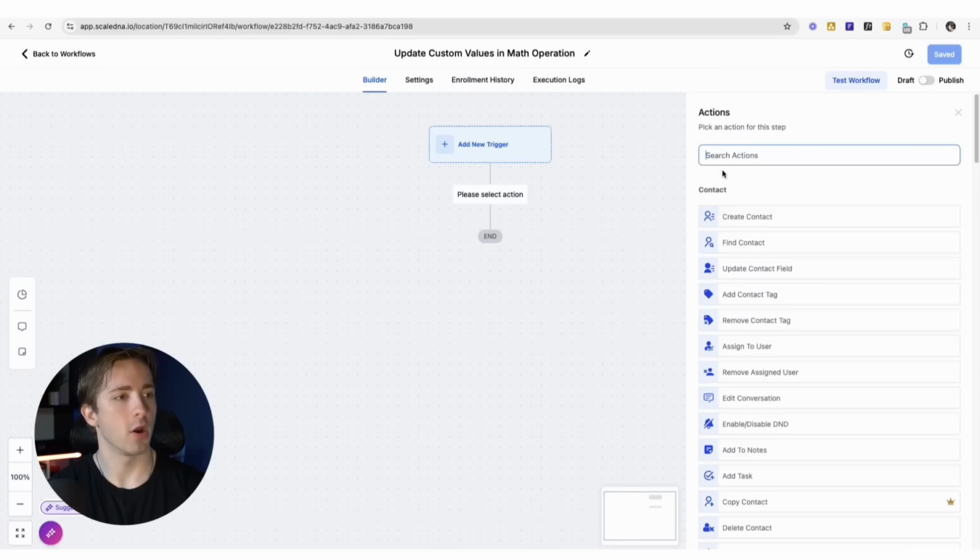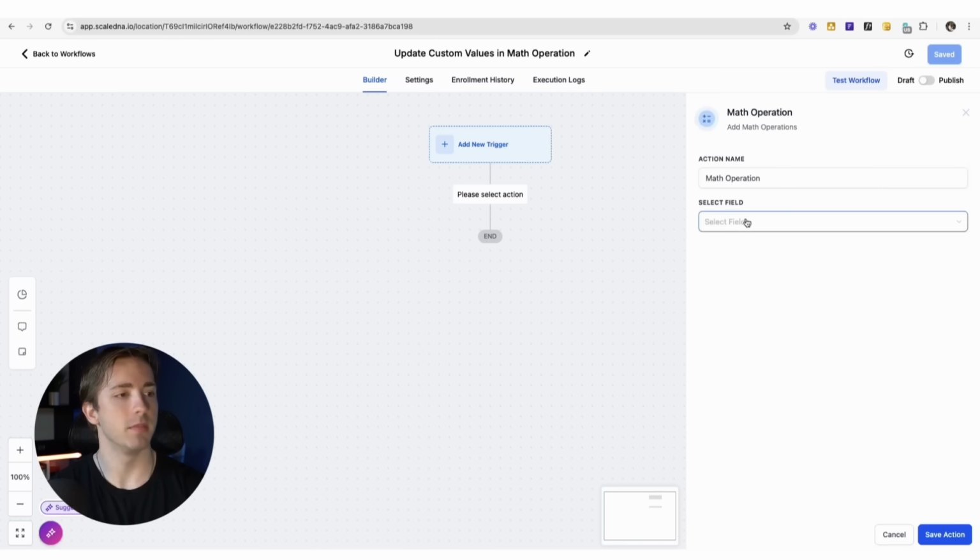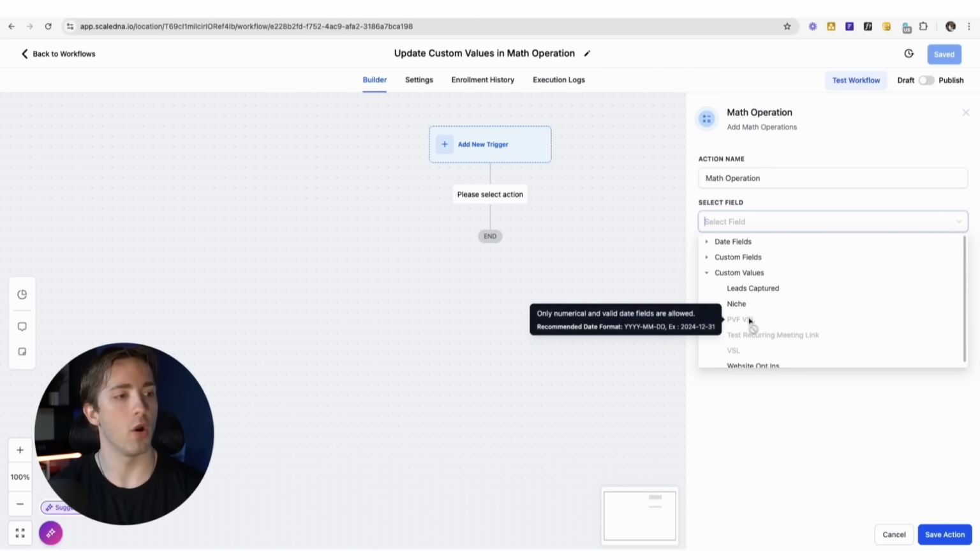So in any of our automations, our math operation is going to be under actions. Previously we didn't have the ability to update custom values, but now we do. So if we go to select field, we can now select anything between date fields and custom values. If we click custom values, we'll be able to see all of our different custom values that are value related, as in numerical. So only numerical and valid date fields are values that we'll be able to update,